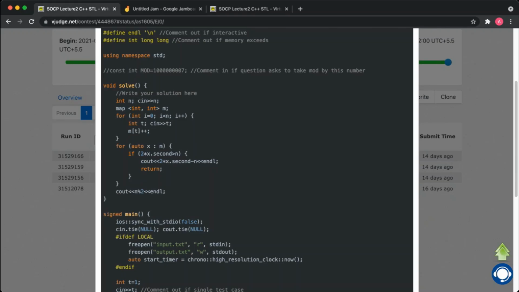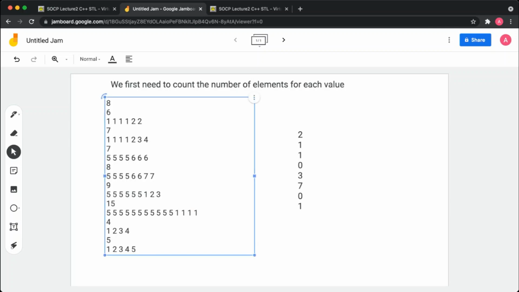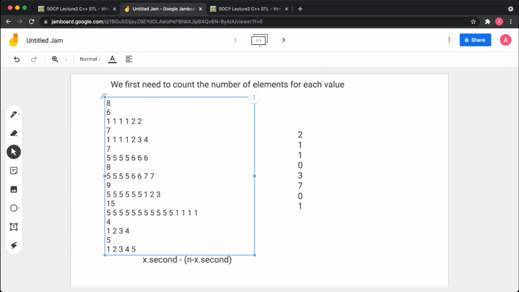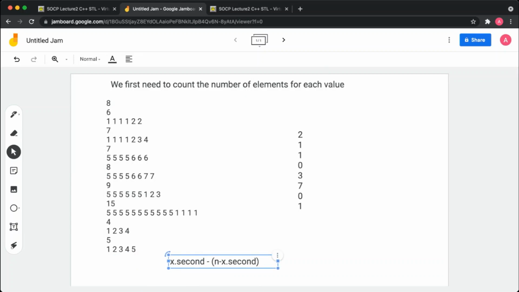In such a case, the answer is the number of elements, this 2 times, you can write it as x.second minus (n minus x.second). This means the number of elements of the dominating value minus the number of other elements which are different.